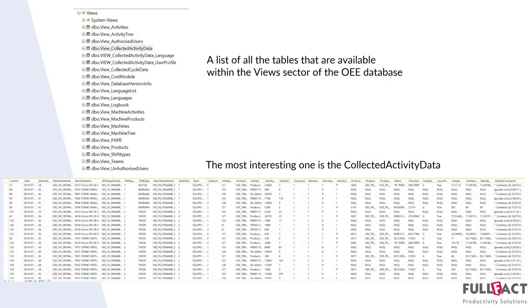Not all fields are shown here because there are too many fields, but every shift has its own cycle ID. In this case, you see that the shift with cycle ID 102 has several records. That means that there are several activities. Every activity is present within this table and connected to a cycle ID. So it's very useful for your own reports that you want to create if our reports don't fit your needs.